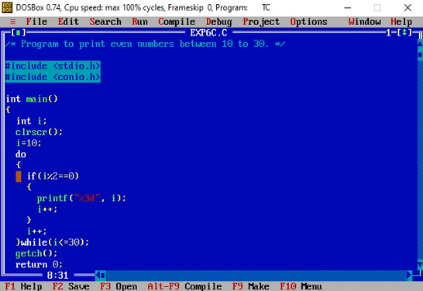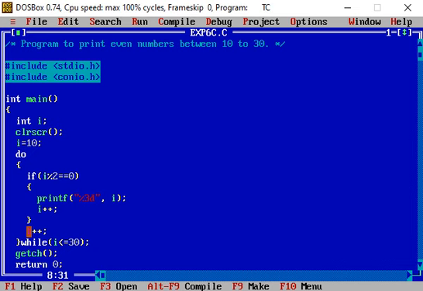Suppose this time i modulo 2 is not equal to 0. Then the body of the if statement inside the do while loop is exited, and outside of it the control variable i is incremented.